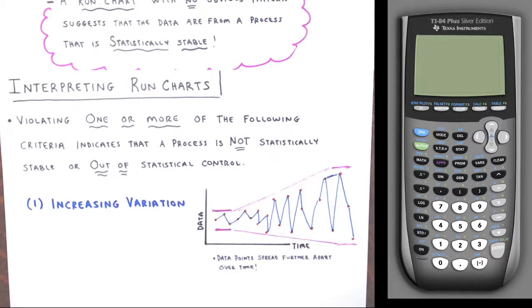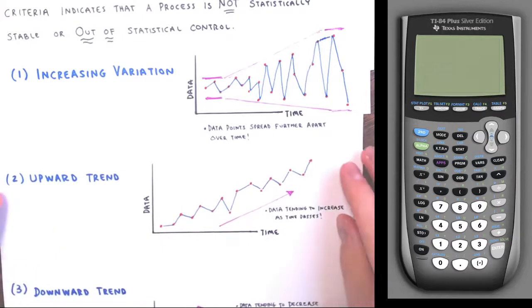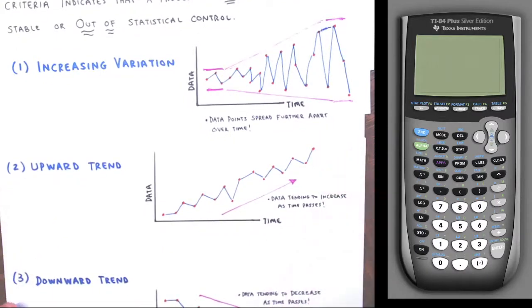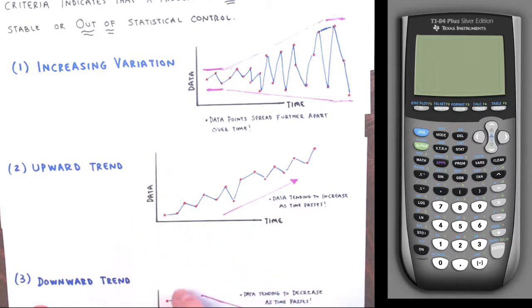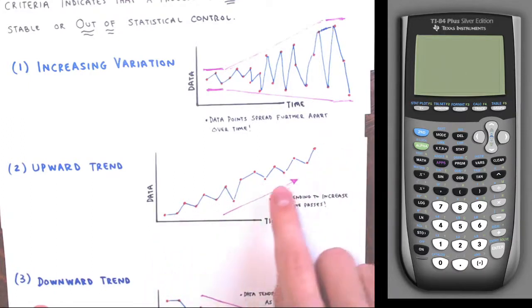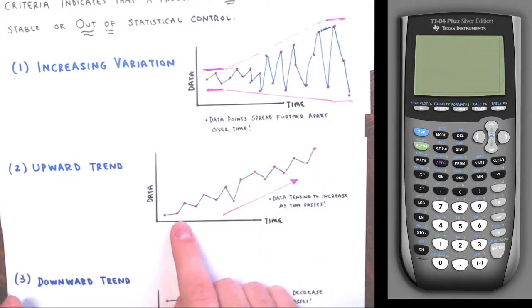All right, so then some other things to look out for. Number 2, if there's an obvious upward trend in the data. So an example here in data versus time, right? My data values, they're bouncing up and down and whatnot, but you see how they are definitely tending on an upward slope, definitely tending to increase as time passes. So again, just to stick with the bottling example, if I wanted to have a machine fill every bottle with around 32 ounces,